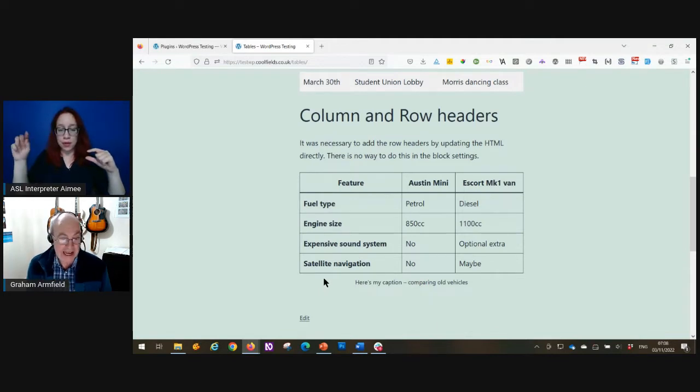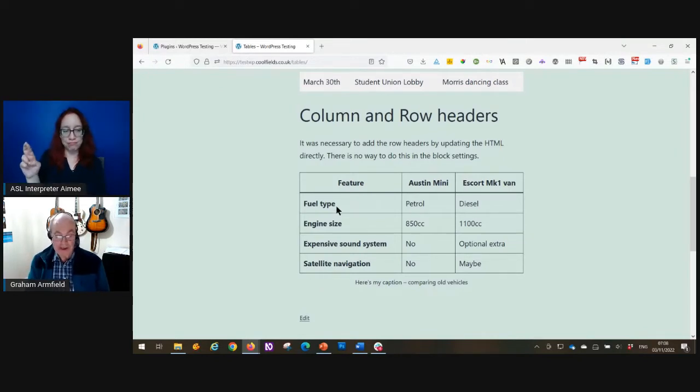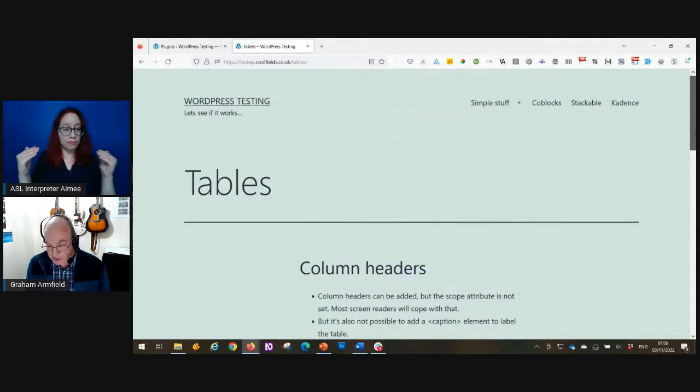Now, sadly, in the plugin at the moment, the core block, there is no way of adding row headers. So this table, I actually put these in by hand just to see if it was feasible that way. It is, but using the block itself, and if someone has no technical knowledge and they won't know what to do, then there's no way of doing something like a product comparison table. Okay, moving on. That's all about tables I'm going to talk about.